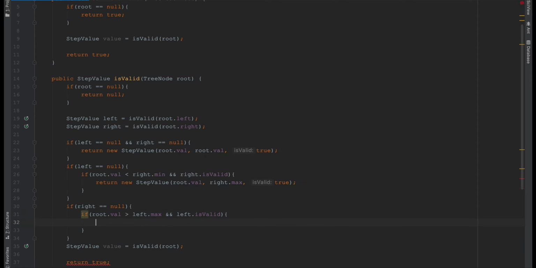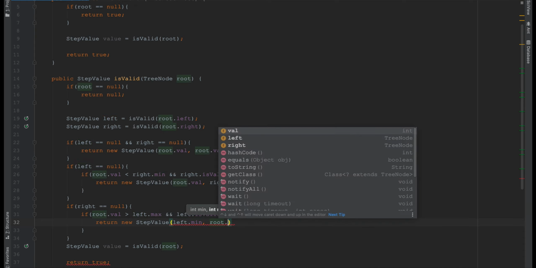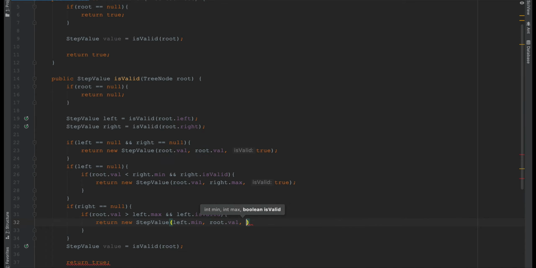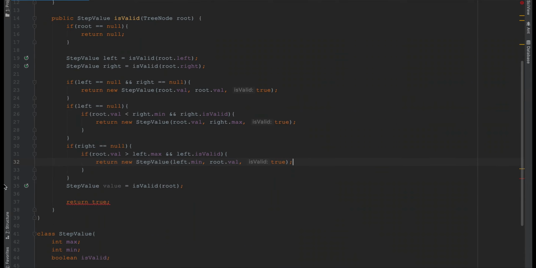Then we'll return: now the minimum value will be left.min, the maximum value will be root.val, and this will be true, because the left subtree is a valid BST, and so this step is also valid.